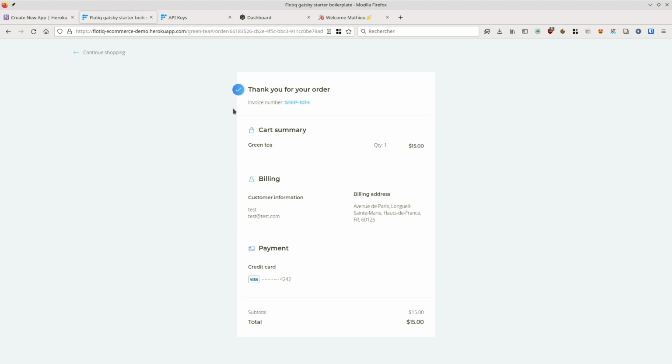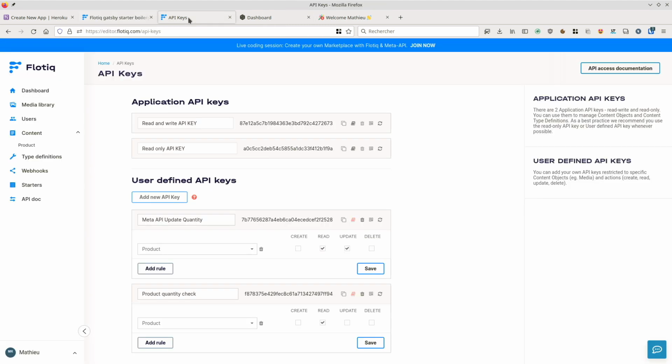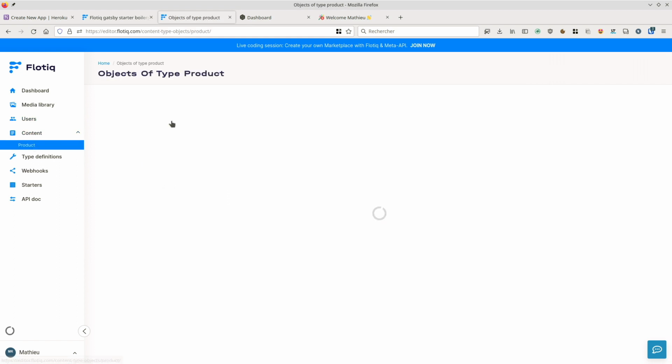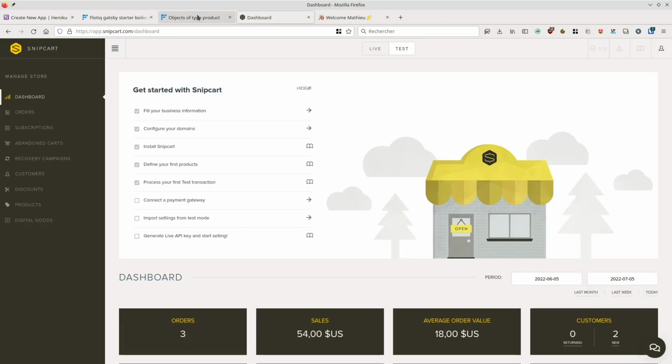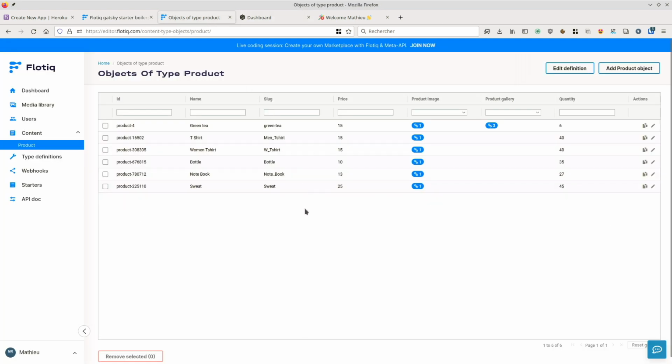Okay, great. So I have here my order, but if I go back to Flotiq, to the product, here for the green tea, the quantity hasn't changed. It was 6 before, it's still 6, so we have a missing link between Snipcart and Flotiq, and that's the